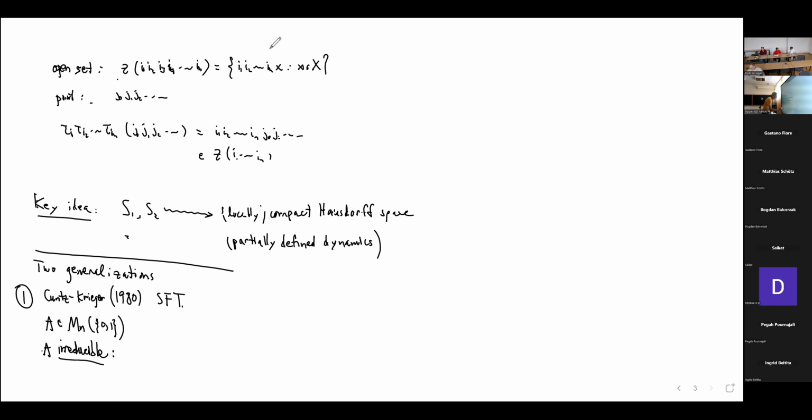That means that for all i and j from 1 to n, there exists k such that the k-th power of A, the ij entry,